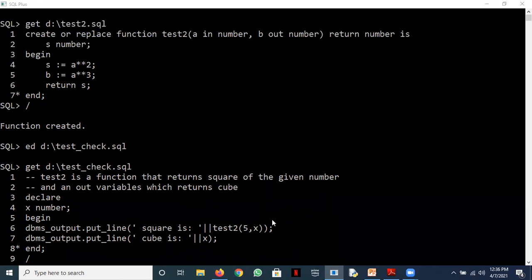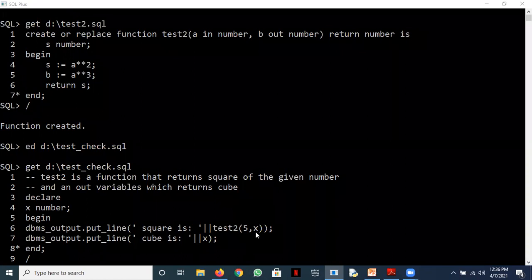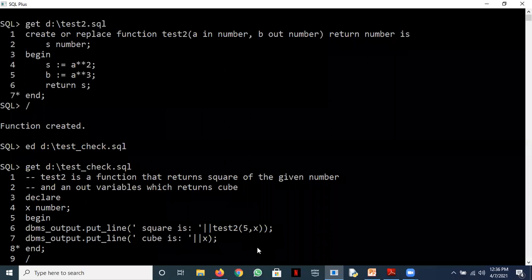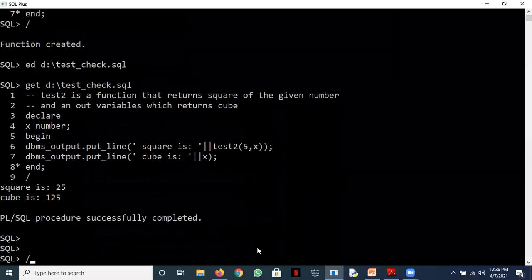It's very simple to understand that whenever you have an out variable, you must use a variable name here. Here, the variable x is not having any value, no problem. It can have value also. So that value would be passed to b. And whatever is the changed value of b here would be returned back to x. Okay, is it fine? All right. Let's see now another example.